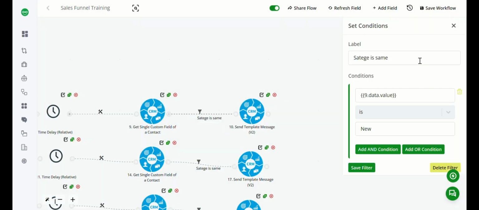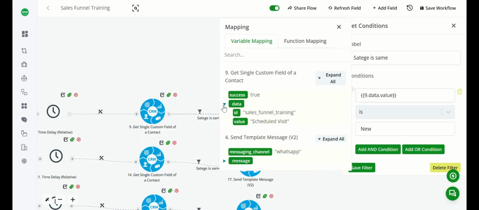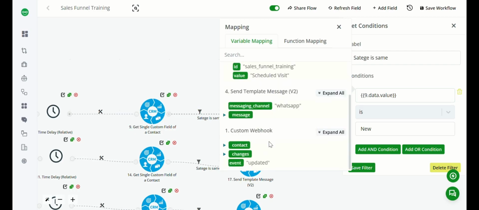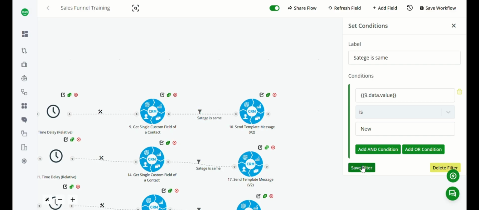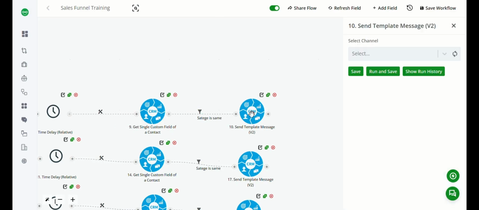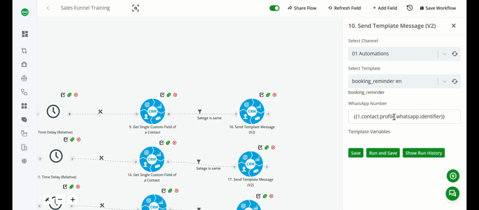Set up the filter, stage is same, and now for the condition from the data, we'll just click on data for the condition. That means whatever data we are receiving here, we will put in this condition and just click on save filter. And for our template message, we will again map all the similar values and select the same template as we did in our first step and just click on run and save button.